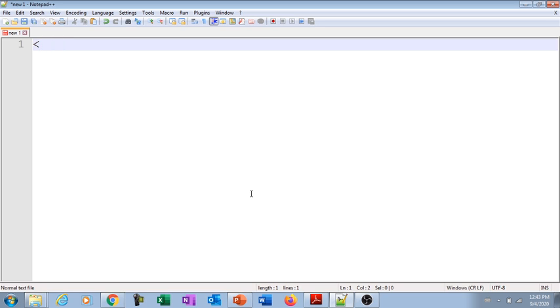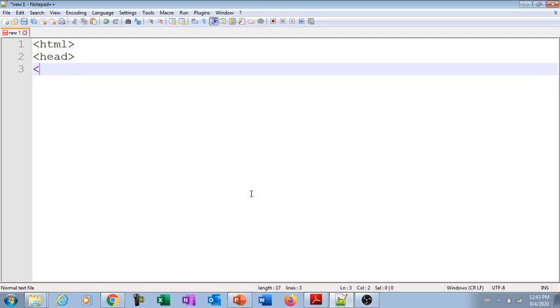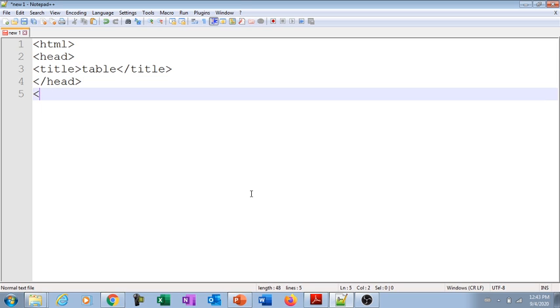We have to begin with the HTML. Then we have to write head. Then we have to write title. Then, as the topic is table, I have to write table, and then close the title. Then we have to close the head over here. We have to write